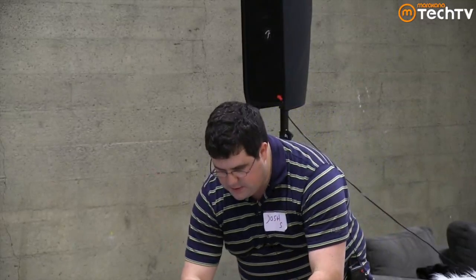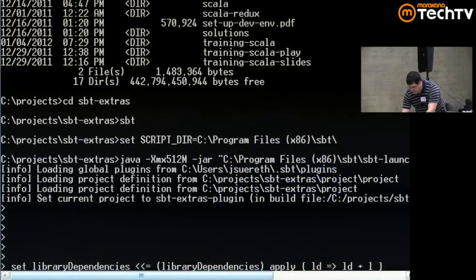So that's actually the basics of SBT. We define a build with a set of projects, we define a big sequence of settings, SBT follows through and tries to collapse all these things and figure out dependencies for us. And then when we type something into the SBT command line, it is one of these key names. So name, inside of SBT, you can type